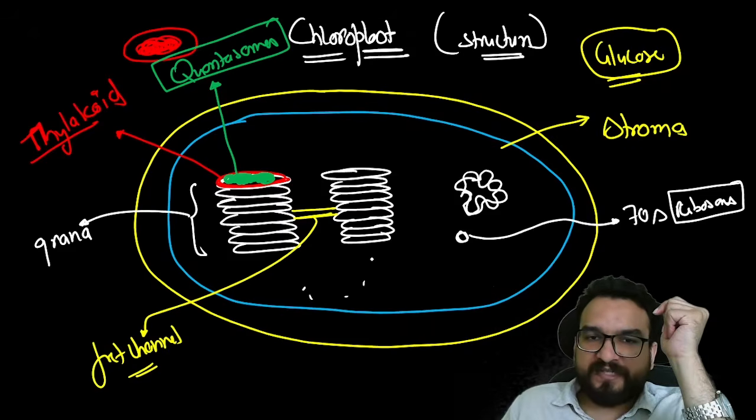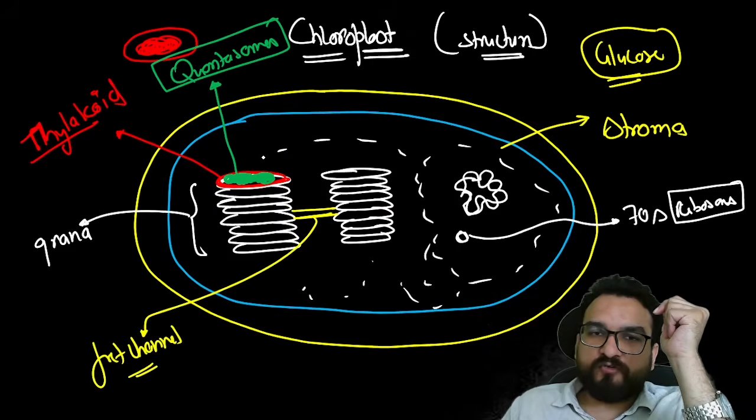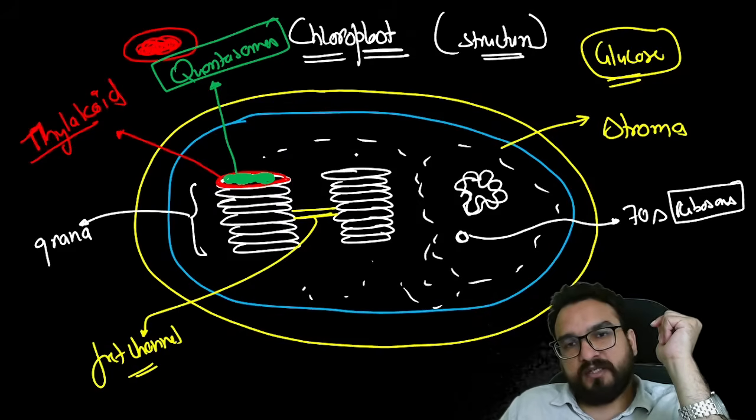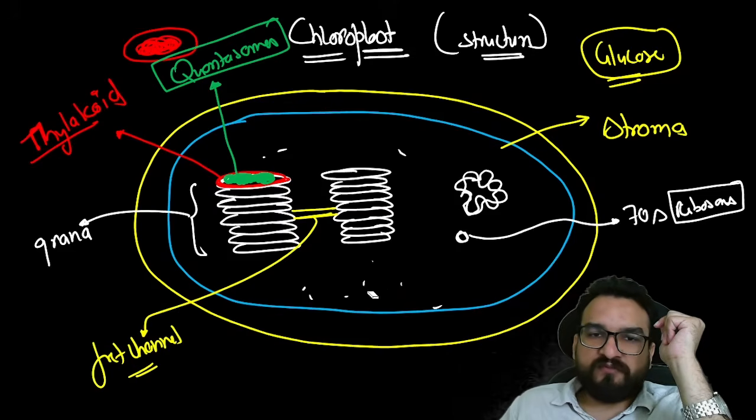And then there will be certain enzymes which will be responsible for the generation of glucose. You will find them over here. This you don't have to mess up in the exam. Keep it neat and clean over here. Just show that enzymes are present over here too. So this is the structure which you will be forming, guys.